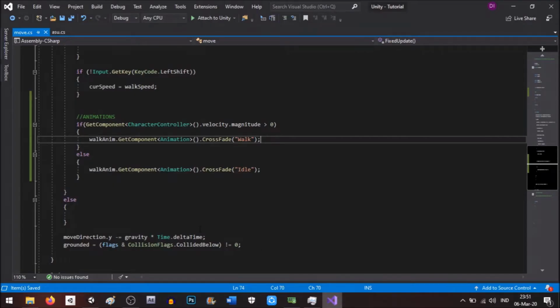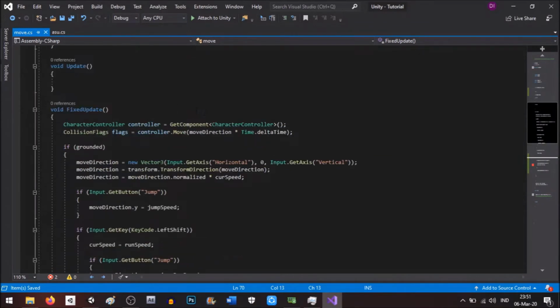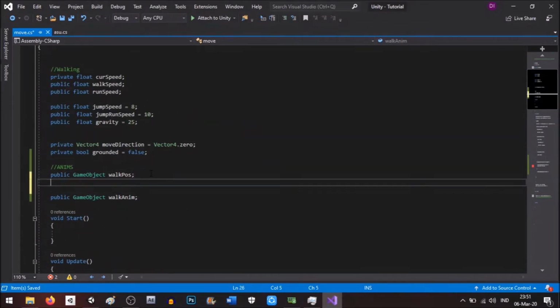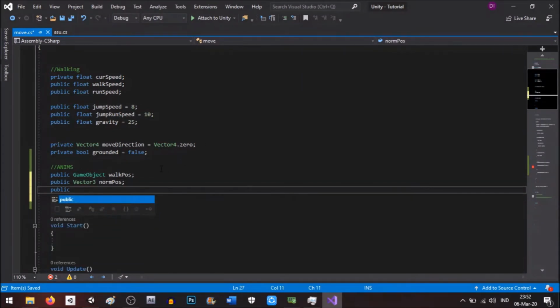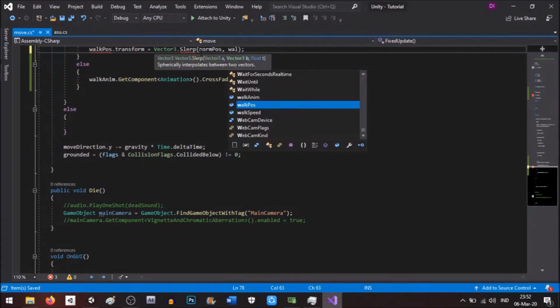So what we're gonna do is, we're gonna make the walk pose dot transform equals vector dot slerp. Oops. So we're going to make a new position here, public Vector3 norm pose. This is the normal position or the idle position. Then we're gonna make a new Vector3, the walk pose. This is going to make it walking. Norm pose, walk pose,